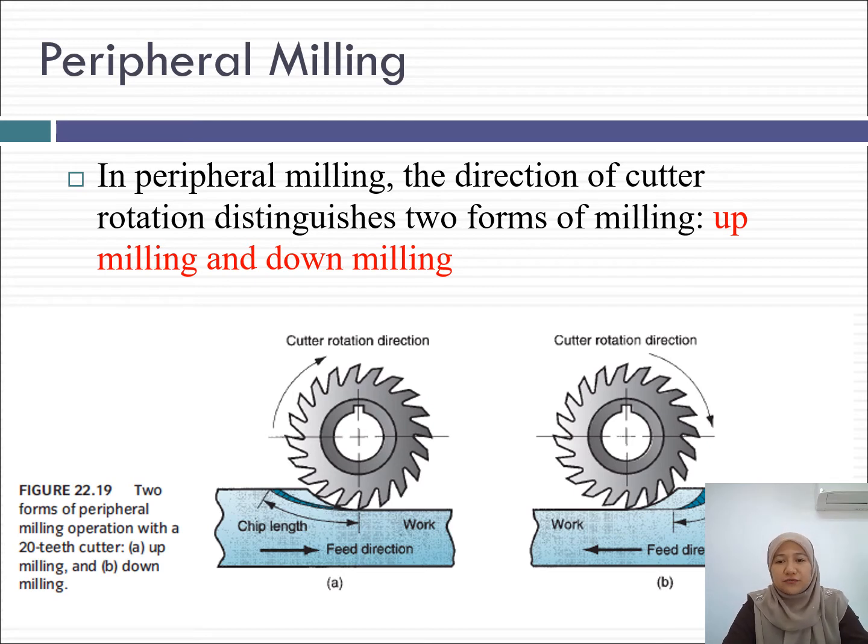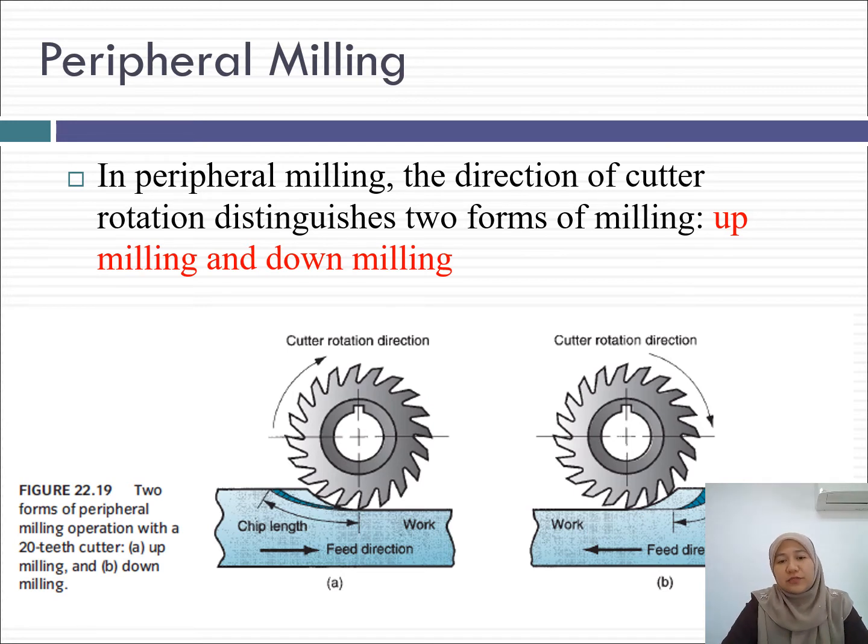However, in figure B, which is showing down milling, the cutter rotates in the clockwise direction, and the feed direction of the workpiece is moving in the same direction as the cutter rotation. So now you can see from the figure, the cutting happens starting from a thicker piece of workpiece to a thinner piece of workpiece. Although after the cutting operation you get a similar chip, it was cut from a different starting point. One from a thinner piece, the other at the thicker piece.